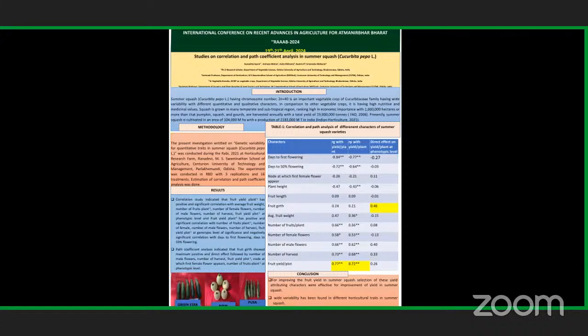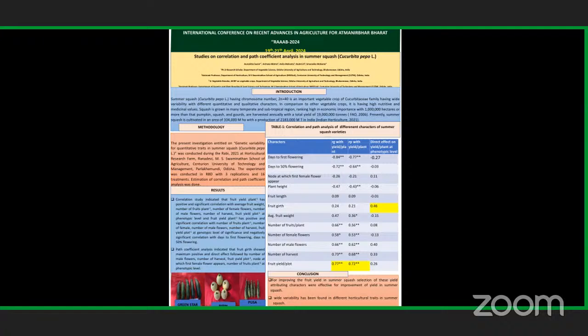And from the correlation study, we get the result that at the genotypic level, number of fruit per plant, number of female flower, number of male flower, number of harvest, and fruit yield per plot have a significant positive correlation with respect to fruit yield per plant. And at the phenotypic level, we found that average fruit weight, number of fruit per plant, number of female flower, number of male flower, and number of harvest fruit yield per plot have the highest positive significance with respect to